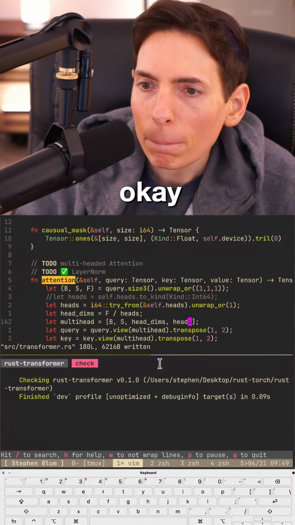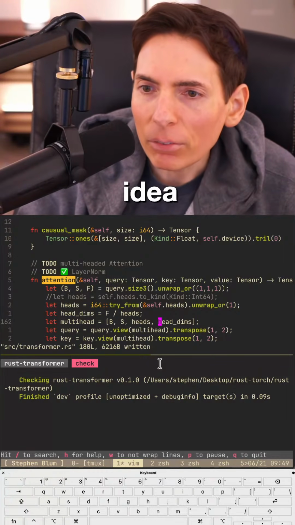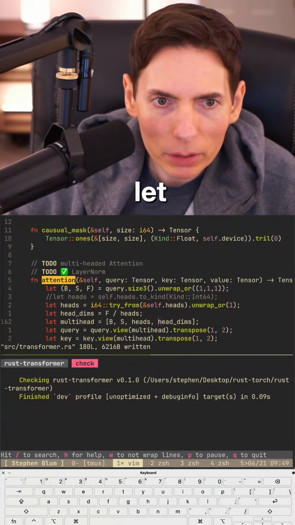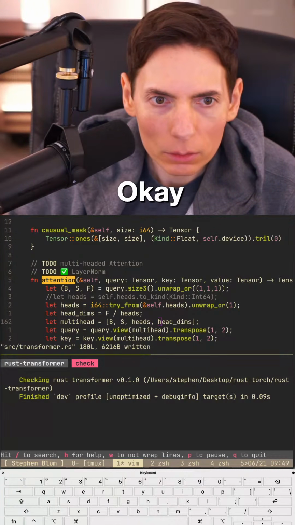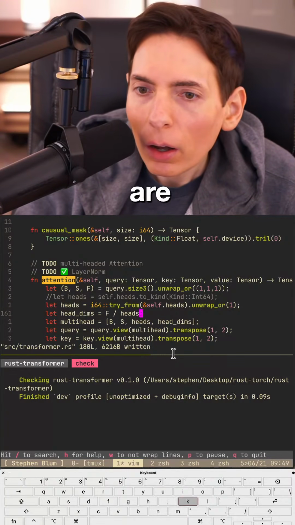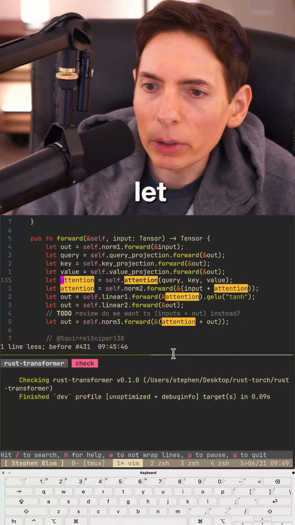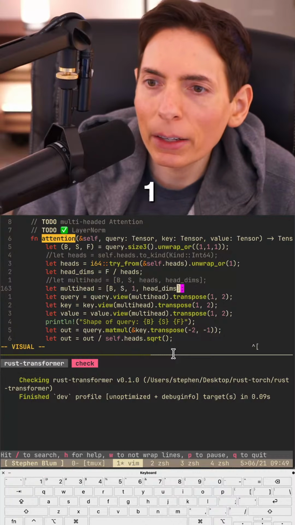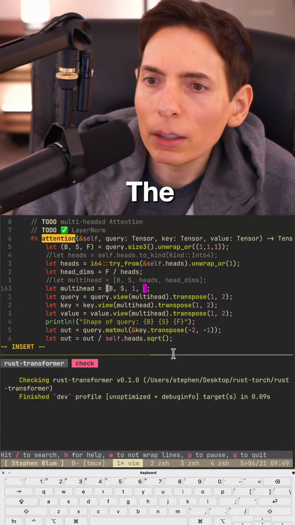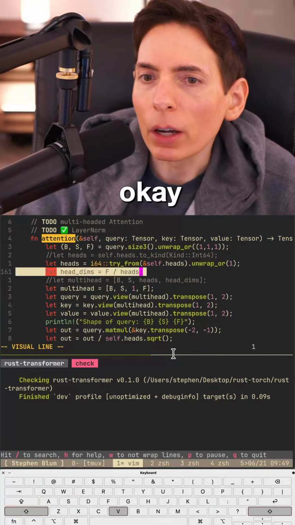Okay. Undo that. Here, what we should do is, I've got an idea. Let me make it easier really quick. Let's redefine this as 1 and the number of dimensions is going to be F. Okay.